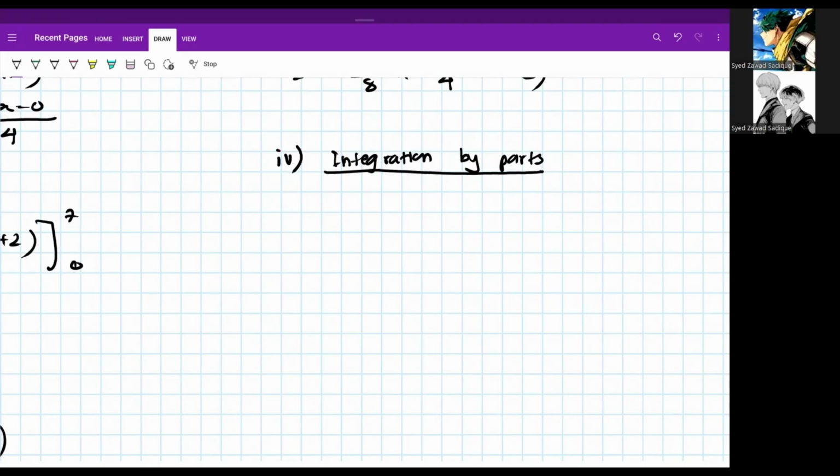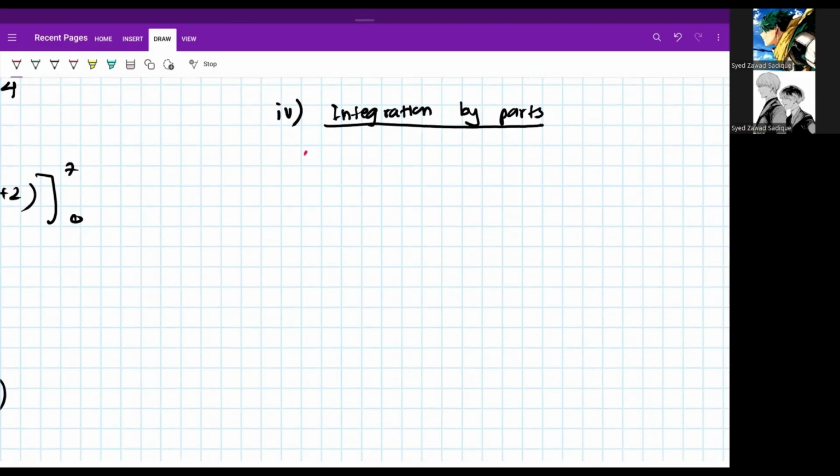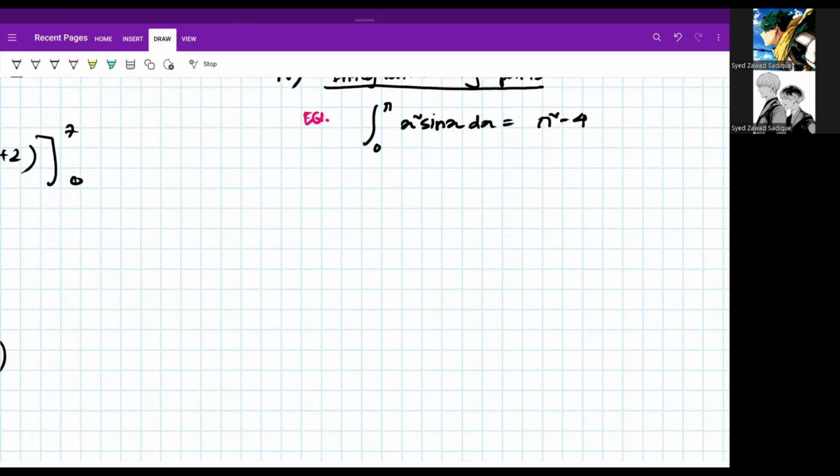So again, to start with an example question: integral from 0 to pi of x squared sine x dx equals pi squared minus 4. So according to LIATE,